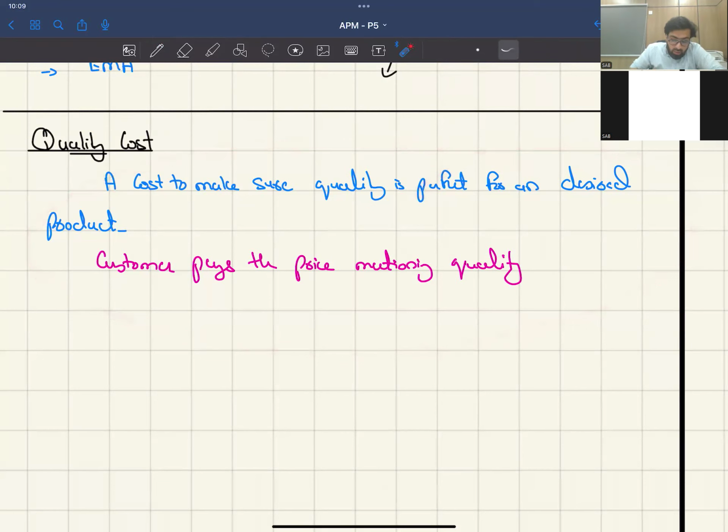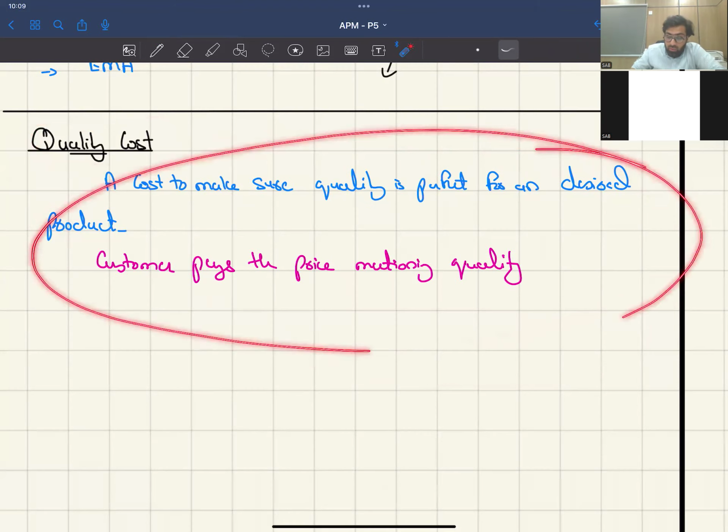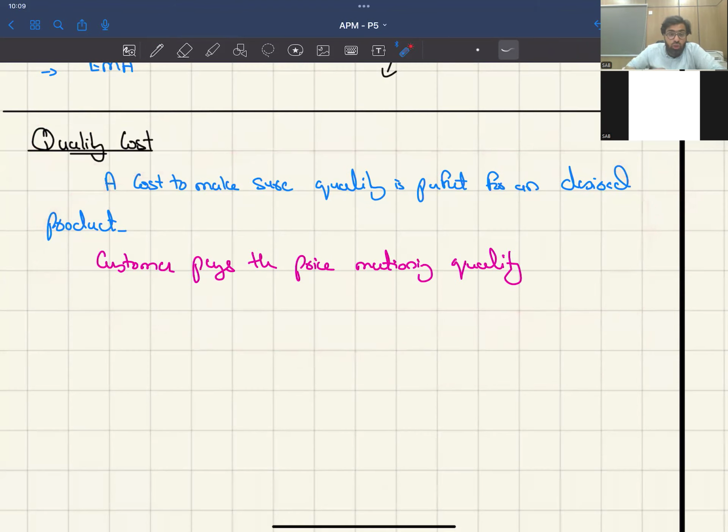So therefore, quality costs are the desired cost that a person should be taking care of, that gets your desired product, right? So in order to make sure of the quality, you incur certain tasks, you incur certain procedures. Those procedures also have a cost, but ultimately you get your quality product so that you can make sure that the market accepts that product. Quality is the primary factor to be considered, right?